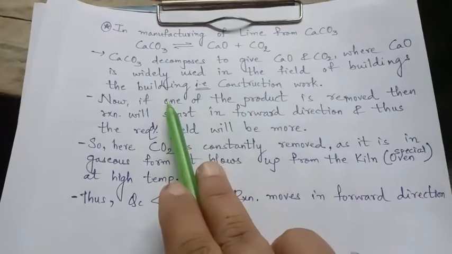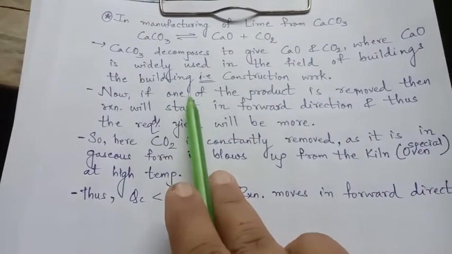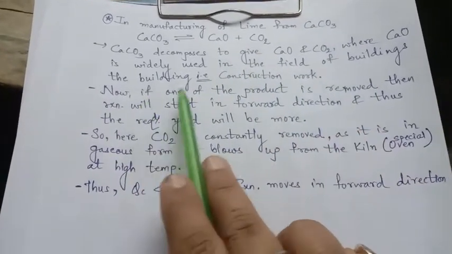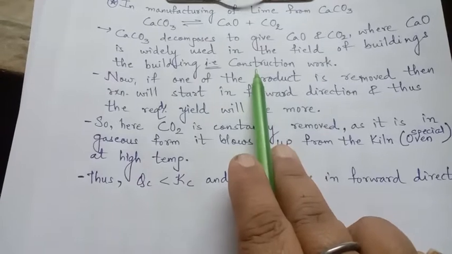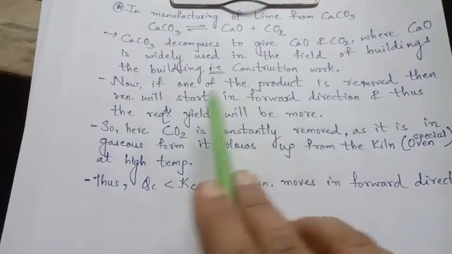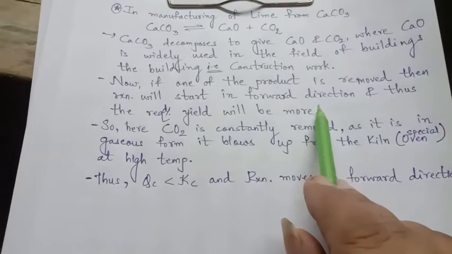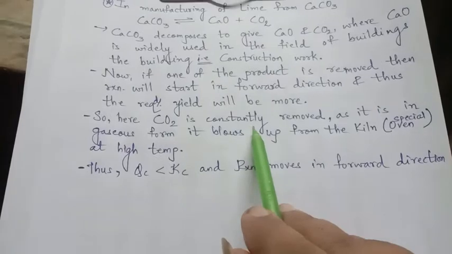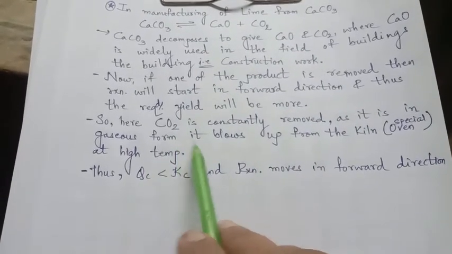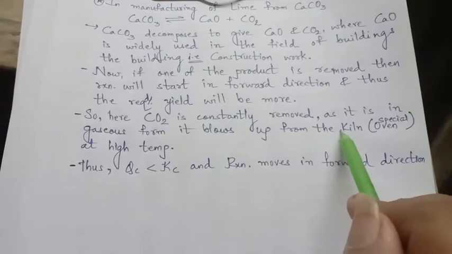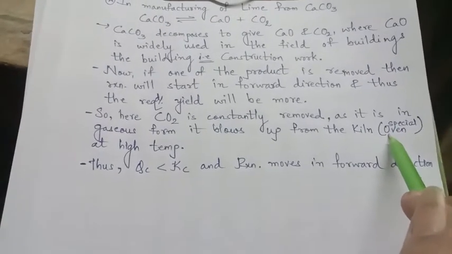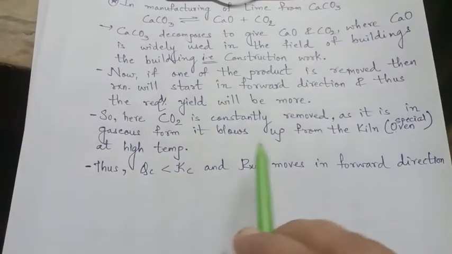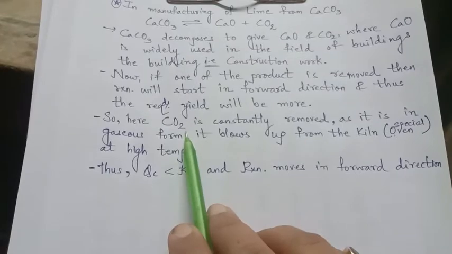So CaCO3 decomposes to give calcium oxide and CO2. Why is this process commercially taking place at large scale? Because calcium oxide is widely used in buildings, that is, in construction work. If one of the products is removed, then the reaction will start in the forward direction and thus the yield will be more. Here carbon dioxide is constantly removed. As it is in gaseous form, it blows up from the kiln. A kiln is a special type of oven, a very big oven, or in Gujarati, a bhatto, right? Here carbon dioxide is produced at very high